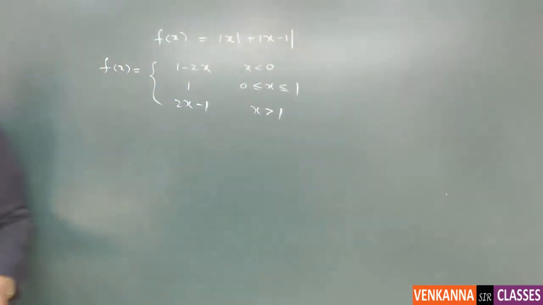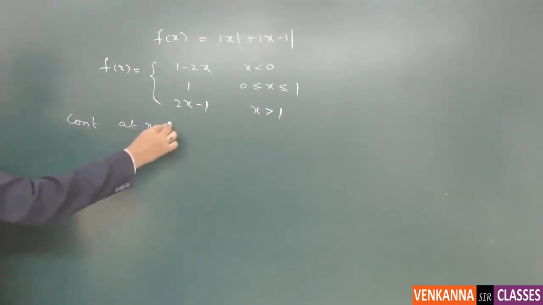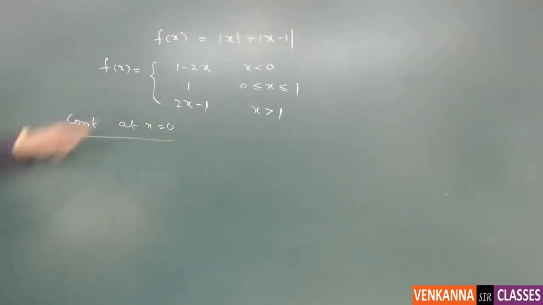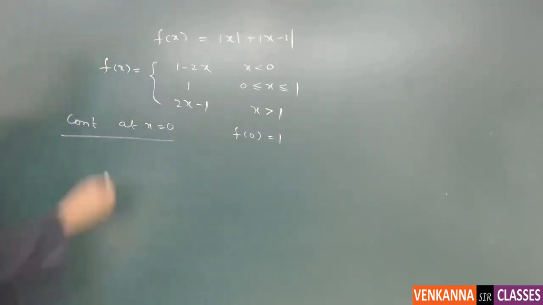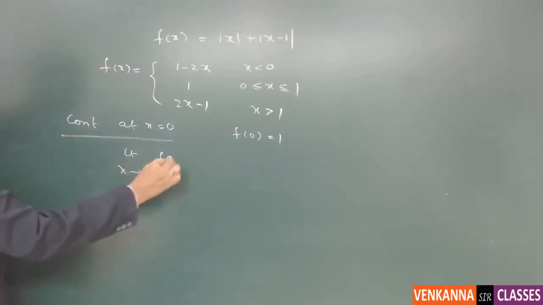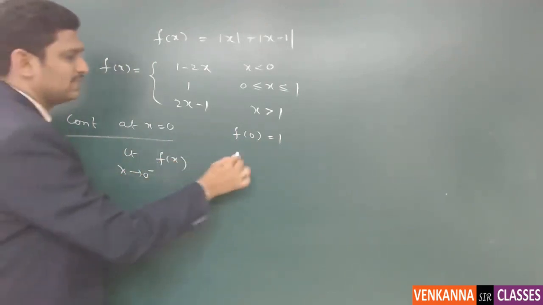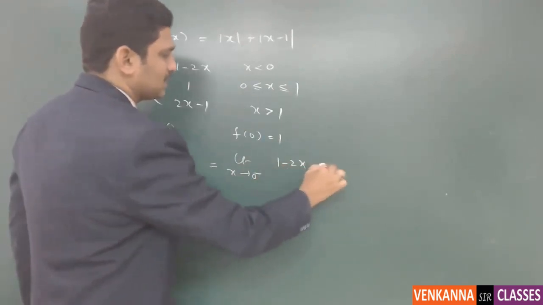Since you need to verify the continuity of the function at the two points 0 and 1, we are going to calculate that. So, continuity at 0. From this, you have f of 0 is equal to 1. You calculate the limit as x tends to 0 minus of f of x. From this, the value will be 1 minus 2x,